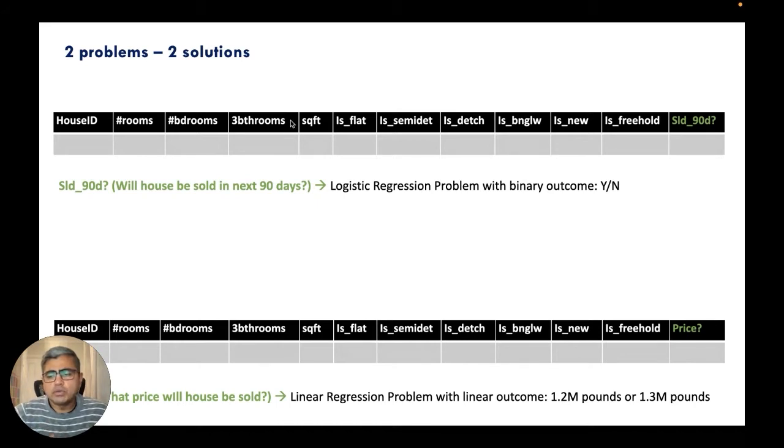You're looking for a value, like you saw on the website there, it was listed as 1.2 million pounds. But the question now becomes, is it going to be 1.2 million, or how much is the range over and above? In that case, it's a continuous variable. The spectrum of answers is much, much longer. In that case, you're looking to solve using a linear regression problem, because you're trying to predict a number at the end. Again, the data is the same, but the question I'm answering is different.